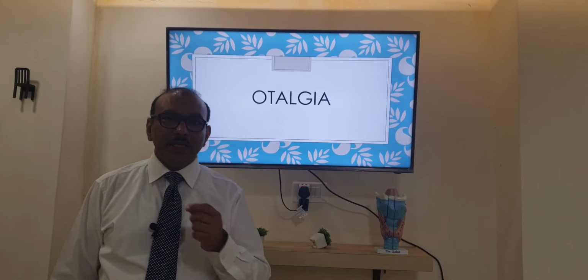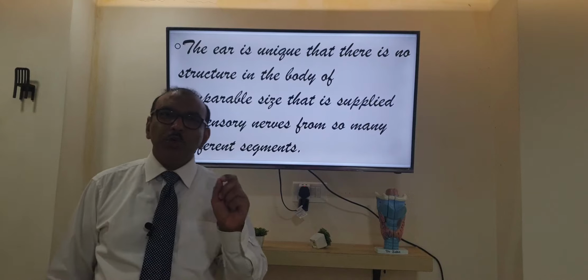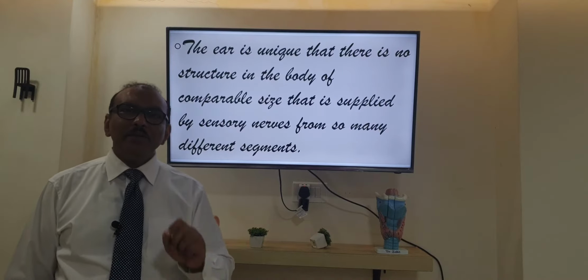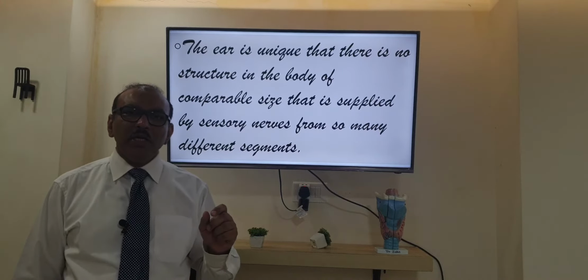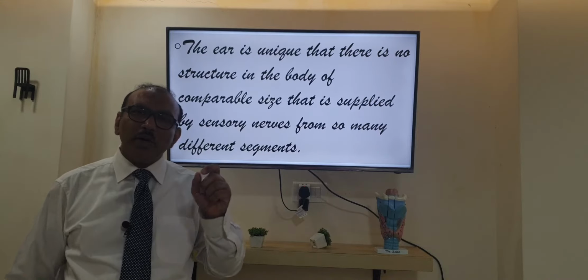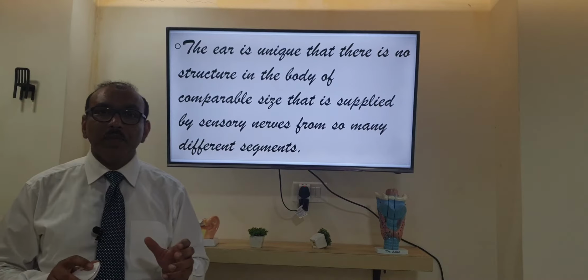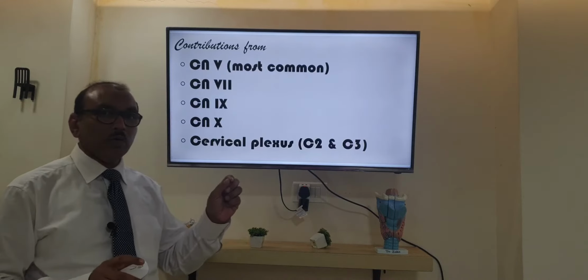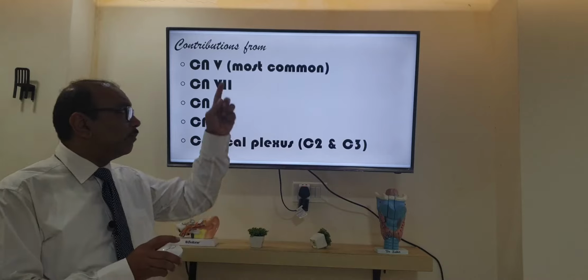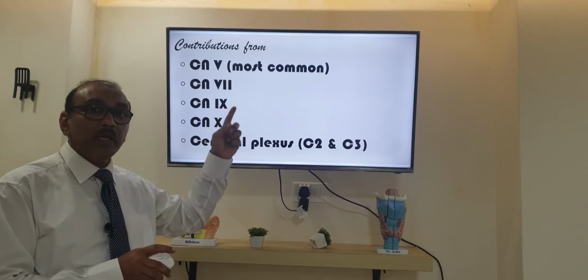Otalgia, pain in the ear. See, the ear is very unique. Why am I saying unique? Because this small structure has diverse nerve supply. You will be surprised to know that the ear is supplied by 5 nerves, and of those, 4 are main important